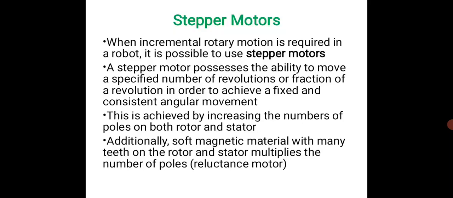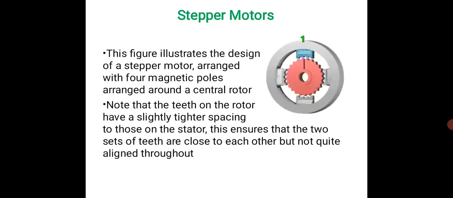This is achieved by increasing the number of poles on both rotor and stator. Additionally, a soft magnetic material with many teeth on the rotor and stator multiplies the number of poles, which we take here as a reluctance motor. And this figure illustrates the design of a stepper motor which is arranged with 4 magnetic poles